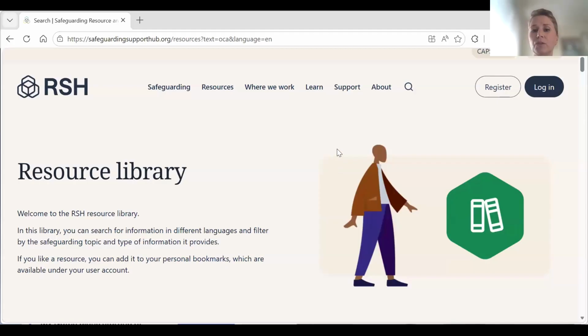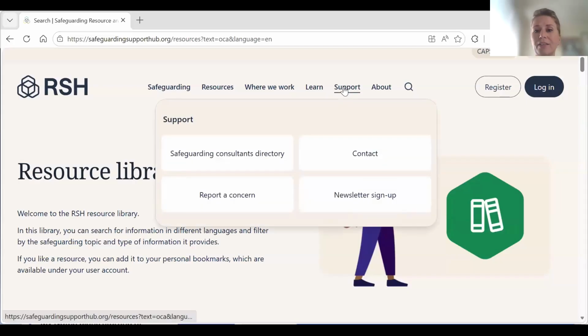And the last thing I wanted to highlight is our consultant directory, which you can find under support.